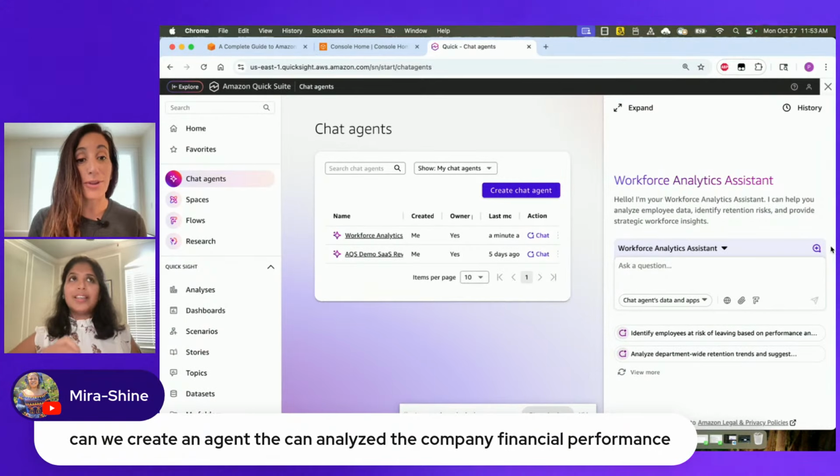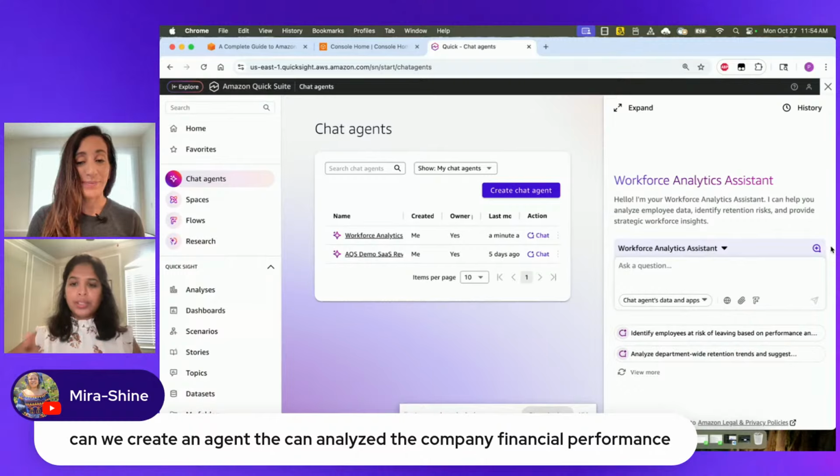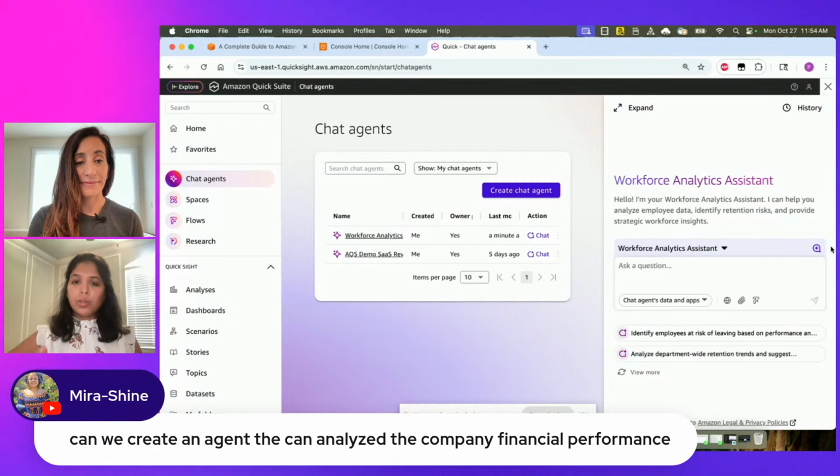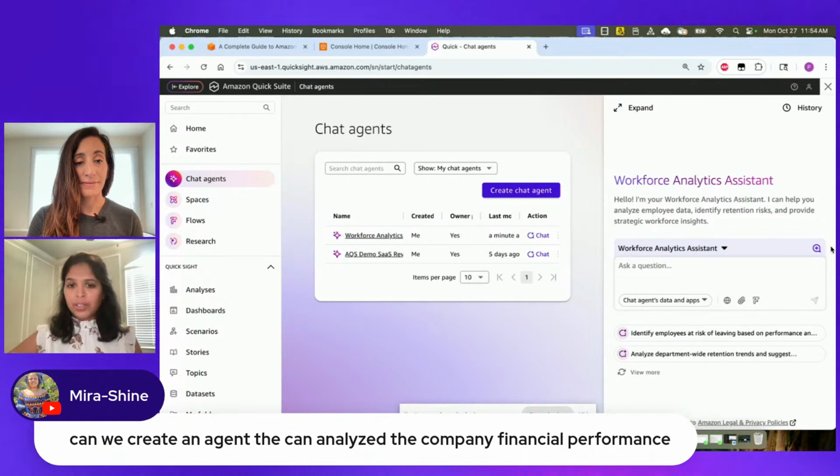I know that you work with a lot of customers too. Yes. Doesn't matter which vertical or which domain you work in, as long as your organization or your team has access to all the data assets that you need, and you have placed them in a space accordingly, you can build these chat agents and have a chat agent point to the space and be created for your financial questions. It's very powerful, productivity would increase, and you can take actions on your business a lot quicker